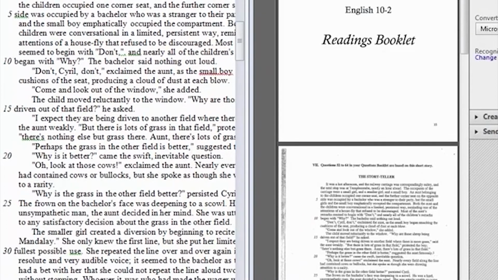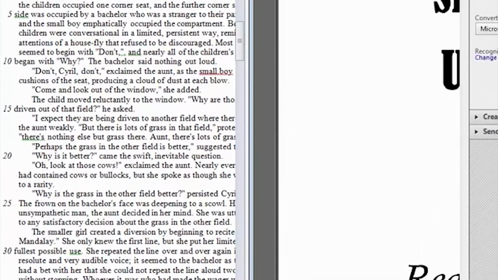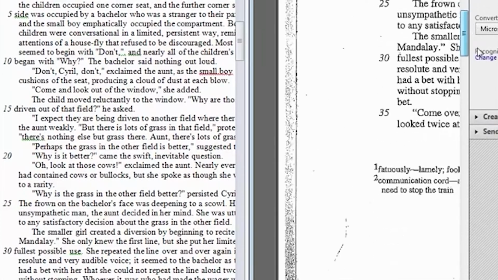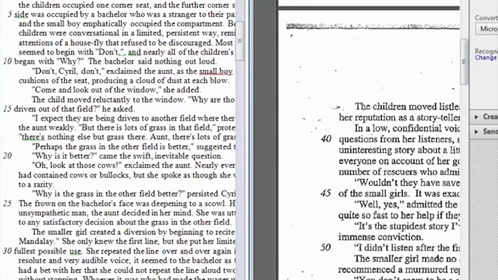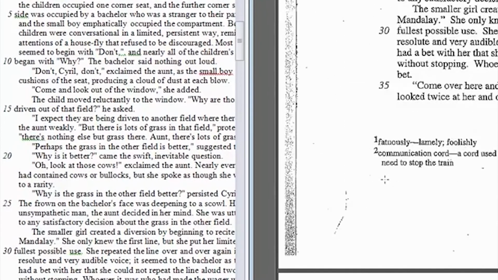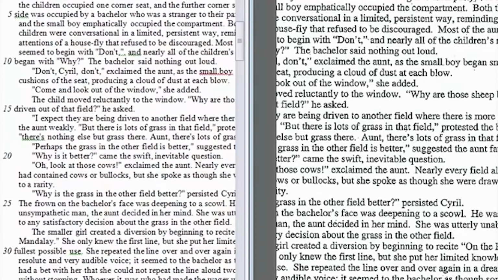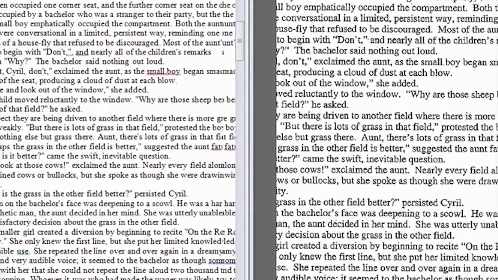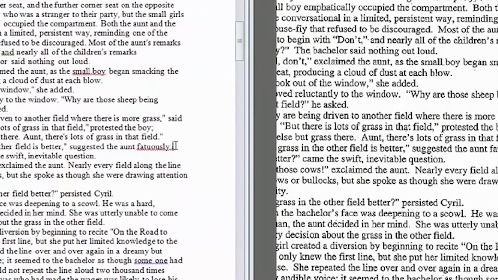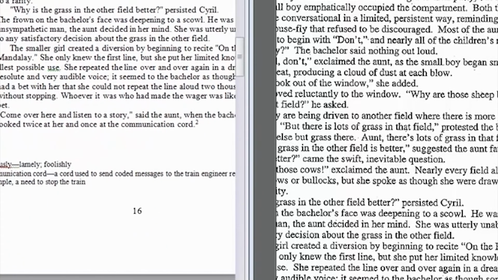So I'll zoom in, go to page 2, and you'll see it's a little bit fuzzy from when it was scanned in, but I can see the different lines here. The mistake or error here is that it recognized this as an I, so I can just do a subscript of the number 1 in there instead, and then go through and make all my other changes. It's fairly accurate